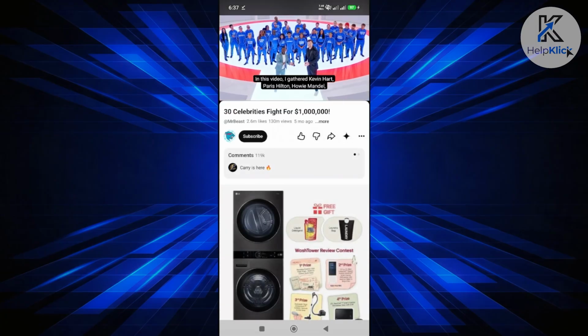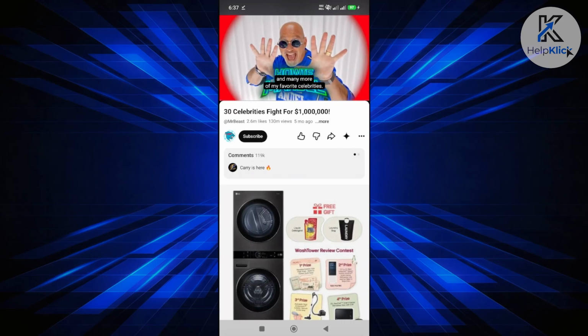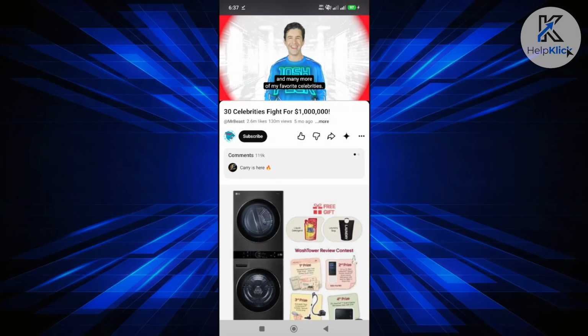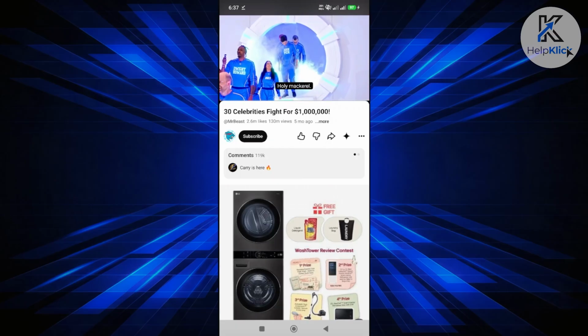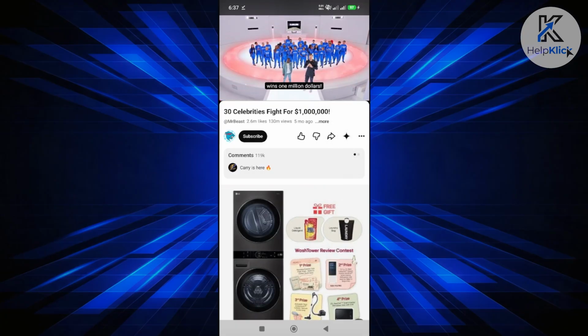Typically, to control the volume, you just need to use the actual buttons on your phone. At the right side or left side, depending on your phone, you should be able to click the volume reduction button here, which is the bottom part of your volume. As you can see here, this is what it's going to look like. You just need to make sure that it's fully down so that the YouTube video is going to be